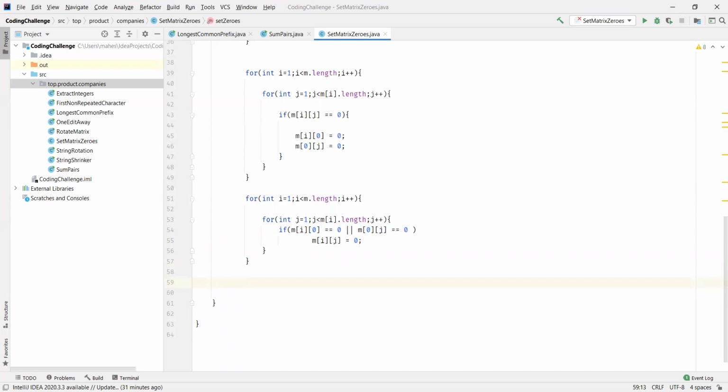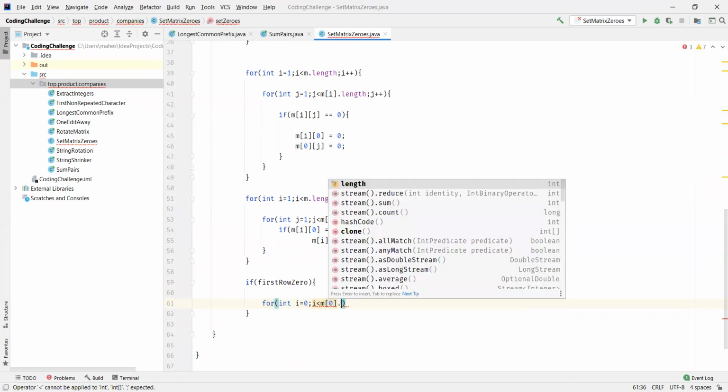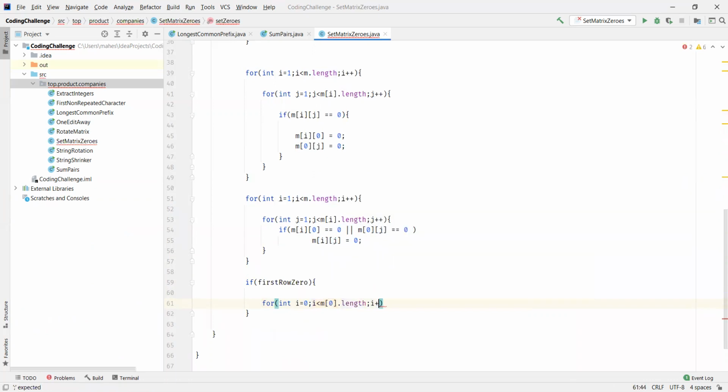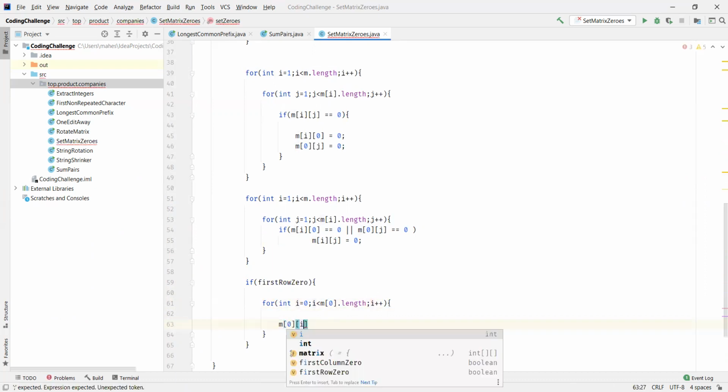Now finally what we need to do here is check for the first column and first row. If first row has any 0, then we loop through that row for all columns, and we are going to set zeros for the complete row.